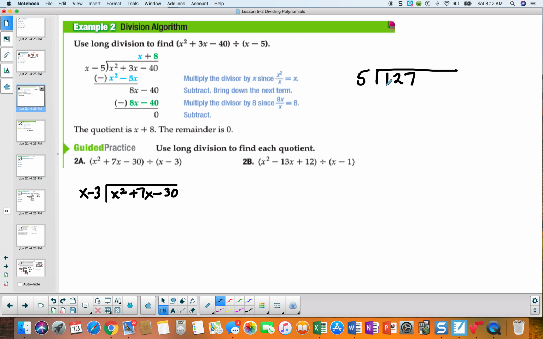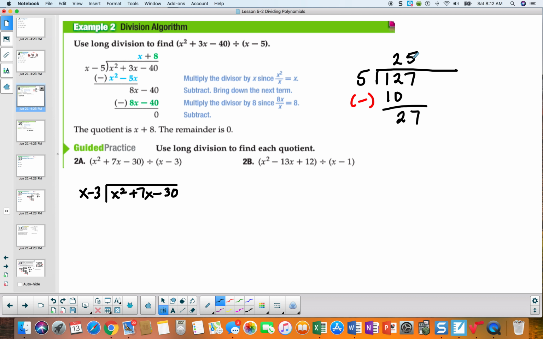So we divide 5 into the first 2 numbers, and that's going to be 2. And then we multiply 2 times 5, and that's 10. And then our next step is to subtract. And when we subtract, we are going to get a 2, and then we're going to bring down the next number. And we're going to take 5 and divide it into here, and then so that's going to be 5